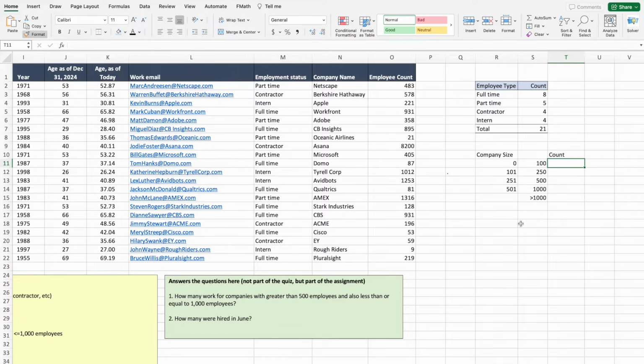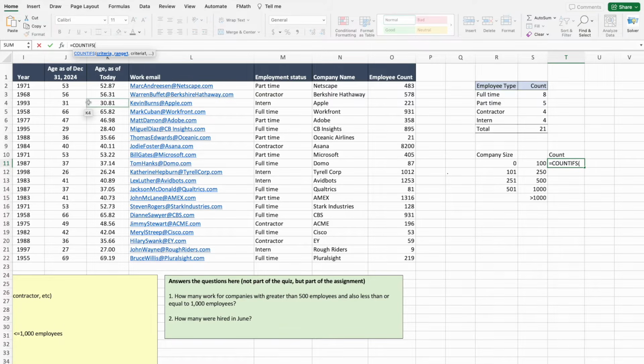Now we can also make it do more than 2. We can make it do 3, 4, 5, 6. I have some that are very long because there's a lot of conditions that I needed to count simultaneously. But in this case, we're going to use the COUNTIFS function. And to make it simpler, I'm going to do it up here in my formula bar. I'll start here with the equals. And now I got my formula bar up here. I'm going to start typing in